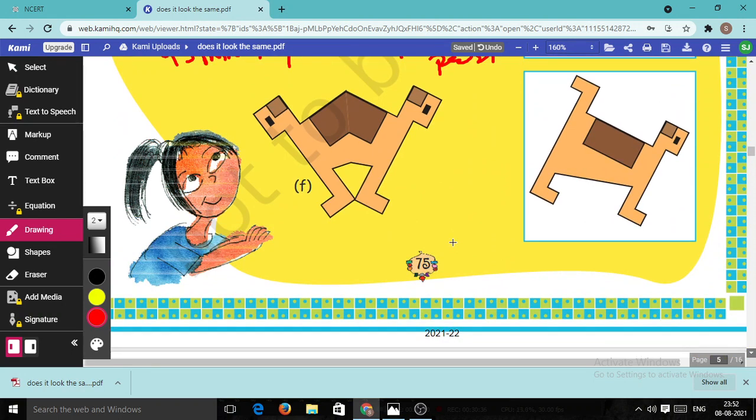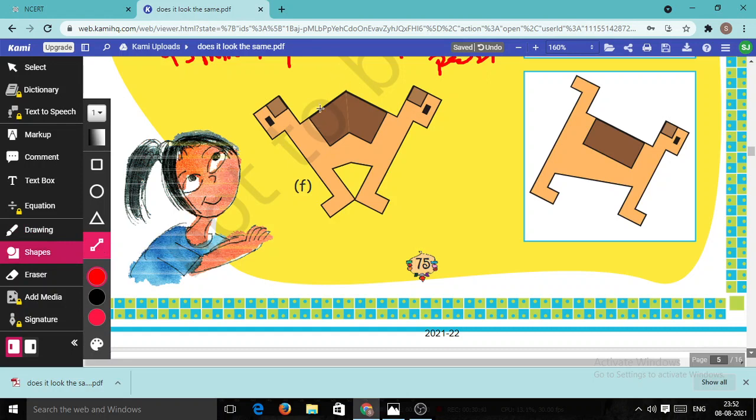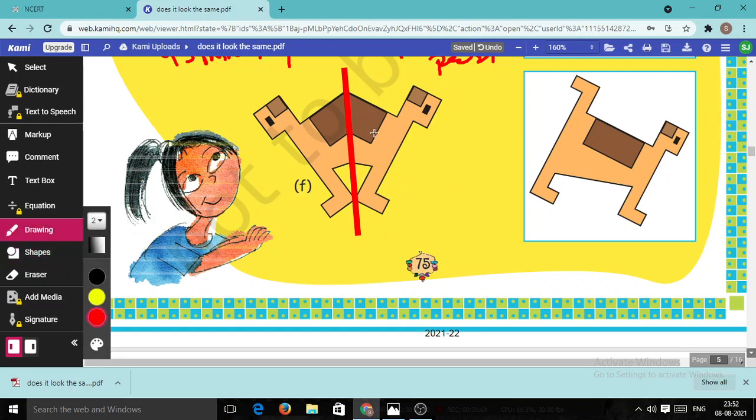Now again, this is simple. What is the first step? Draw a line and divide it into two equal parts. So from here, look here, I have drawn a line. So which part? The right part is the original part. Look here, the part here is the right part, the original part. From somewhere it is the half part.